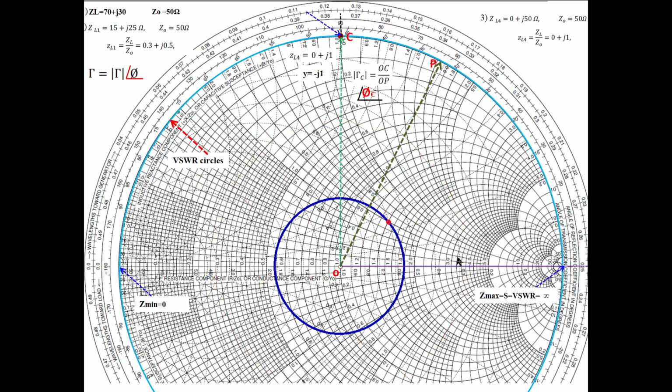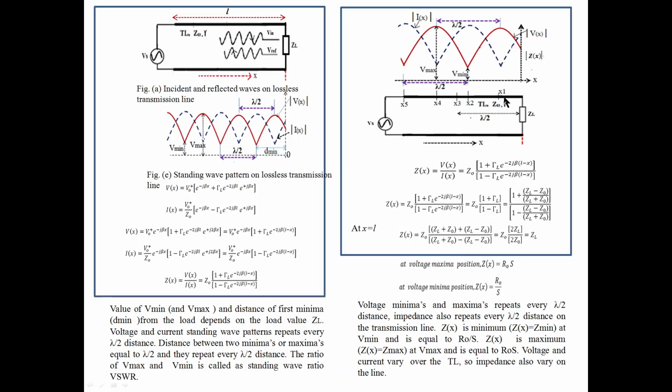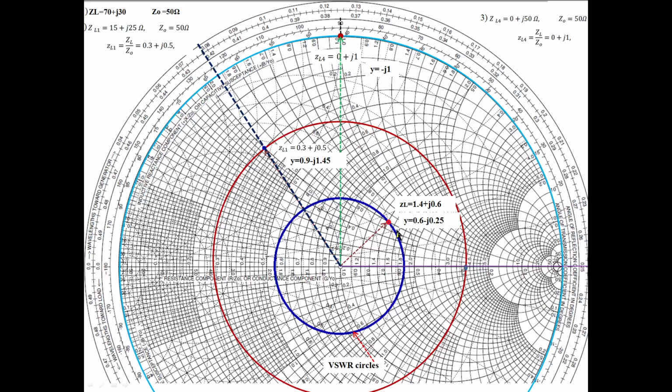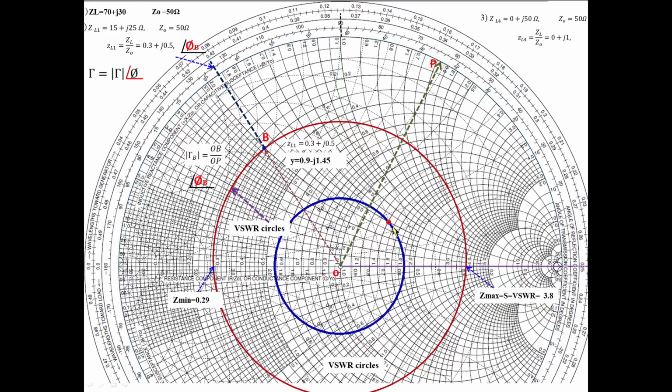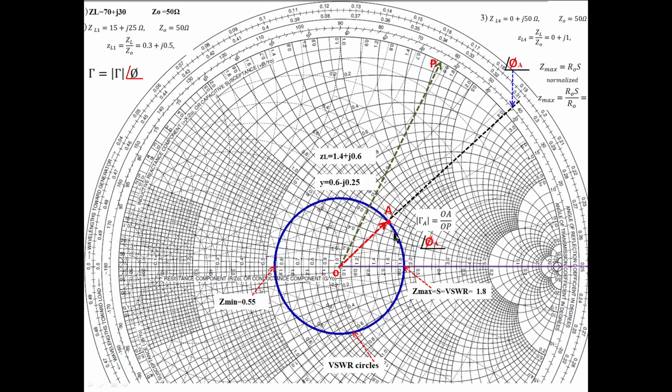Okay, as we move over here, impedance changes. Like this. And after traveling a distance of lambda by 2, again the values repeat. That is nothing but like this. So moving from here, you move like this. Okay, all possible impedance. Out of all those possible values, see, whenever this VSWR circle cuts the right side, we